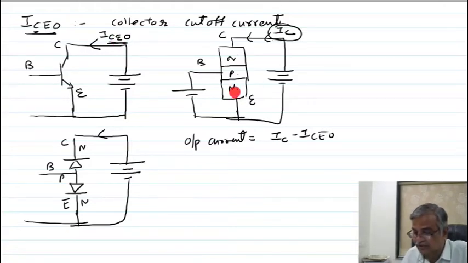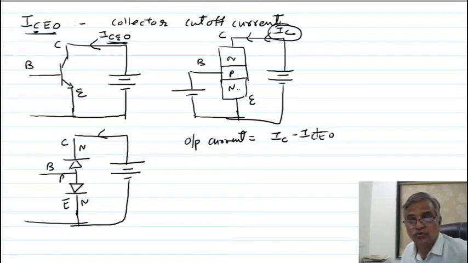This current is due to the majority charge carrier, the electrons coming from the emitter. But due to reverse bias some electrons are also coming, though they are very few in number, so this is very small. Which current? ICEO. So the actual output current due to the emitter electron is IC minus ICO. In the output section you are getting the current due to this electron plus the leakage current electrons. Therefore the output current is nothing but the collector current minus ICEO, which I am writing due to only the electron of the emitter.